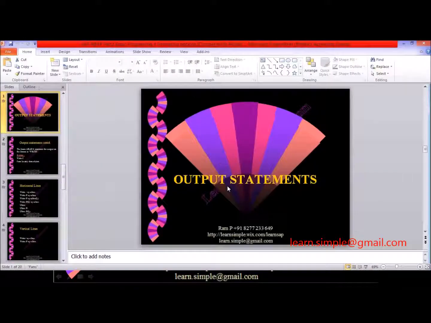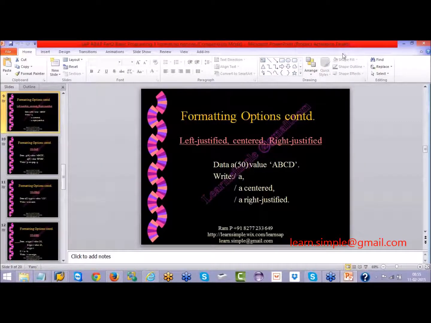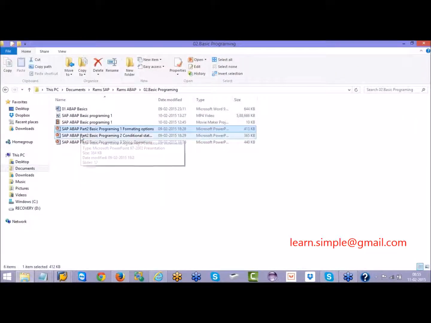So we have formatting options, and then we have something called conditional statements, something like if, else if, case statements and looping statements. Then string operations, something like concatenate, split, condense, all this stuff we discussed today.